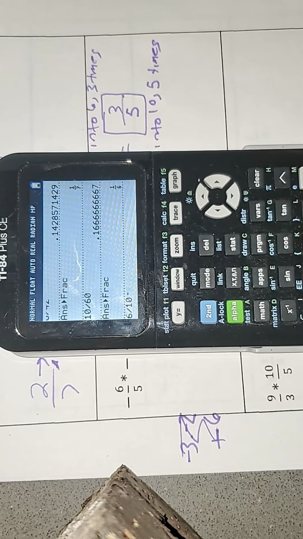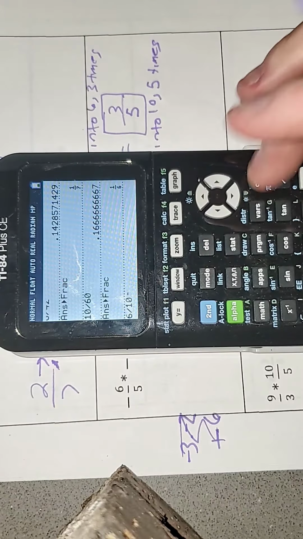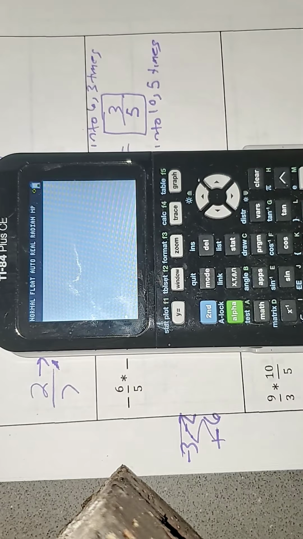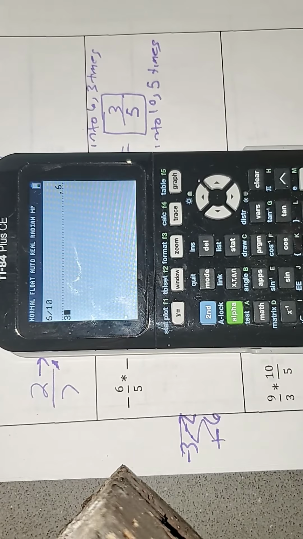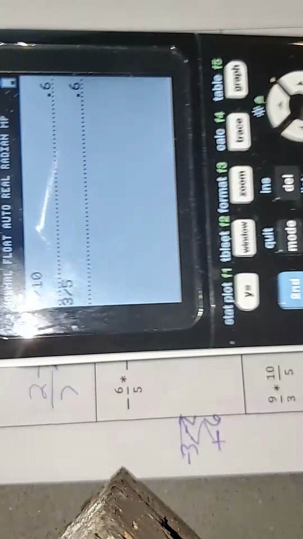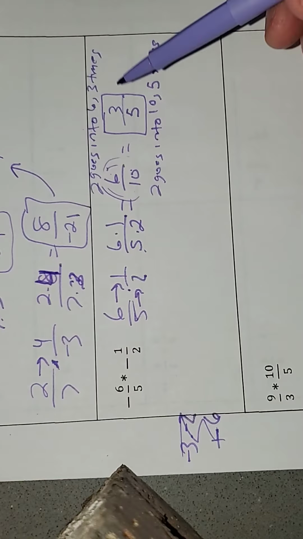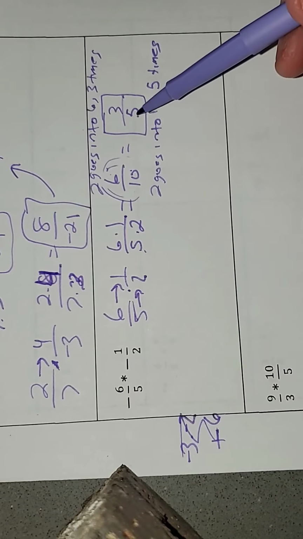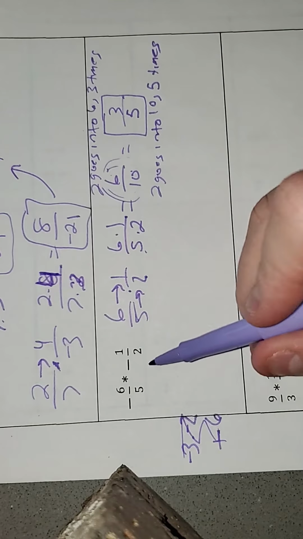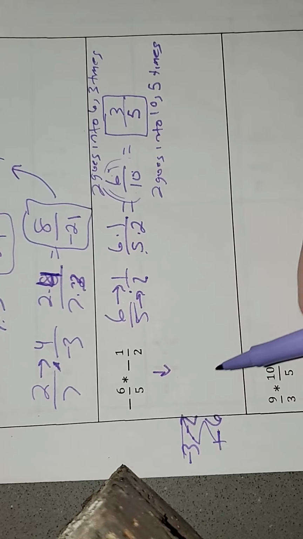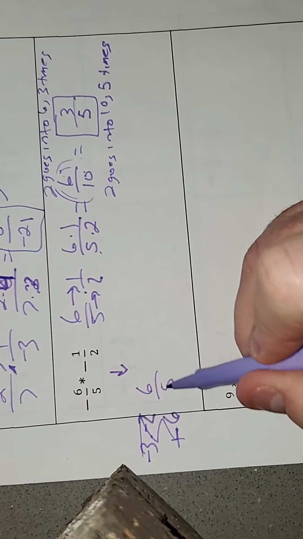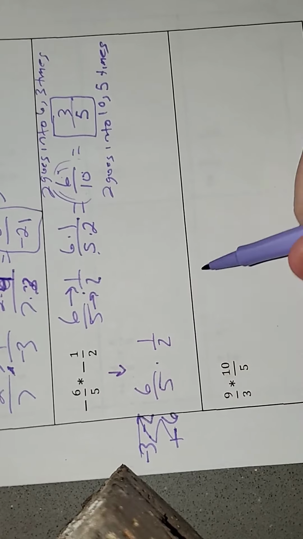6 divided by 10 is 0.6. 3 divided by 5 is 0.6. They're exactly the same. Just remember that we want the most reduced form. Okay? Now, something to look at here is if I rewrite my 6 over 5 times my 1 over 2,